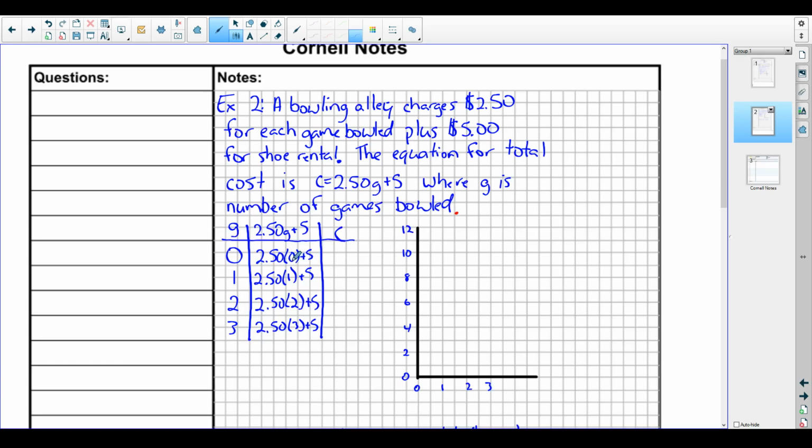So 2.5 times 0 is 0, plus 5 is 5. 2.5 times 1 is 2.5, plus 5 is 7.5. 2.5 times 2 is 5. 5 plus 5 is 10. And 2.5 times 3 is 7.5, plus 5 is 12.5. And if you don't believe my math, you can grab a calculator and check it, but those are all correct. So our 4 points here, we'd have 0, 5,